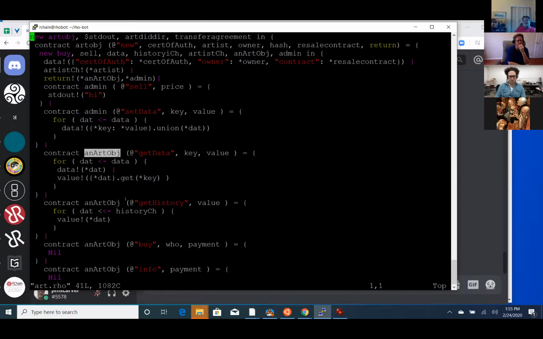If we want to change it, we have to go to somebody and say, give me the current value of the art object, and then get the data. Okay, but initially we may be doing this, but we won't always be doing that necessarily.